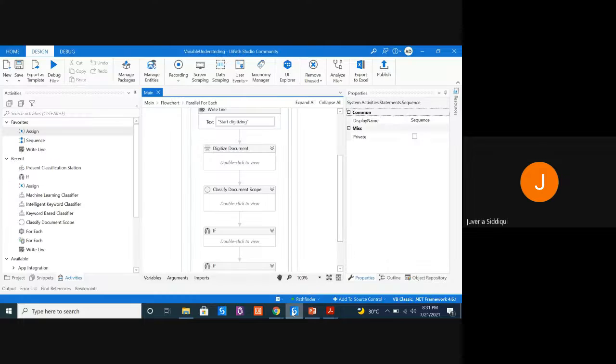Now, whatever we learned is attended automation. Let me revise the concept of both attended and unattended automation. If you run something from your assistant, this is your assistant, the purple thing you see over here, it is attended automation. But if you define a time for your robot to start working, say 4 a.m. in the morning, 5 a.m. in the morning, and the bot starts working without your effort, that is unattended automation. And how to do unattended automation when we are doing document understanding, this is what we are going to learn.